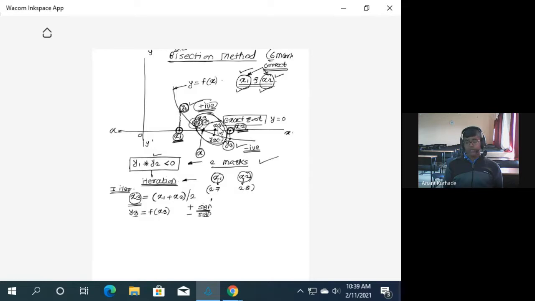Already we have x1, x2, so don't calculate x1 again, it is given. Our iterative formula will start with x3. Write down x3 is equal to (x1 plus x2) divided by 2. We have the value of x3. Immediately find the value of y3, equal to f of x3. Again, don't compare y3 directly with y1 and y2. You can stop here. In the first iteration you only find the values of x3 and y3.